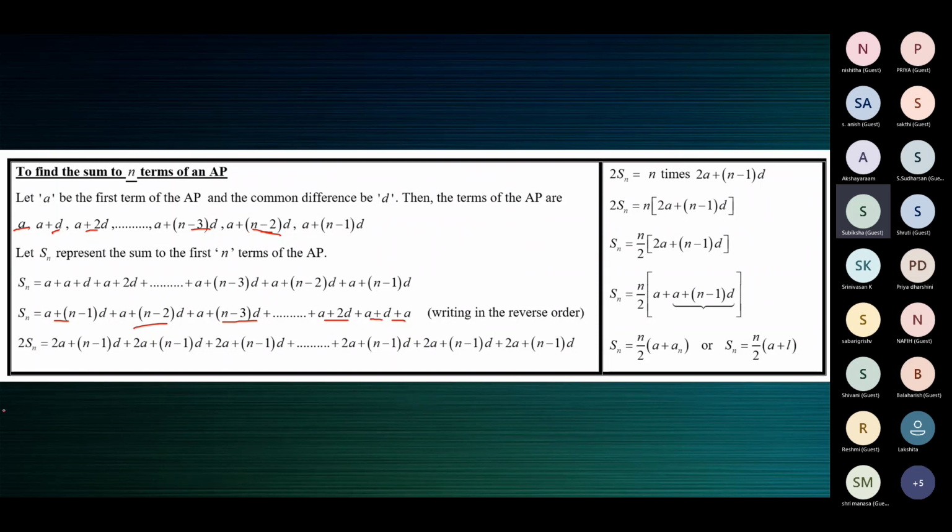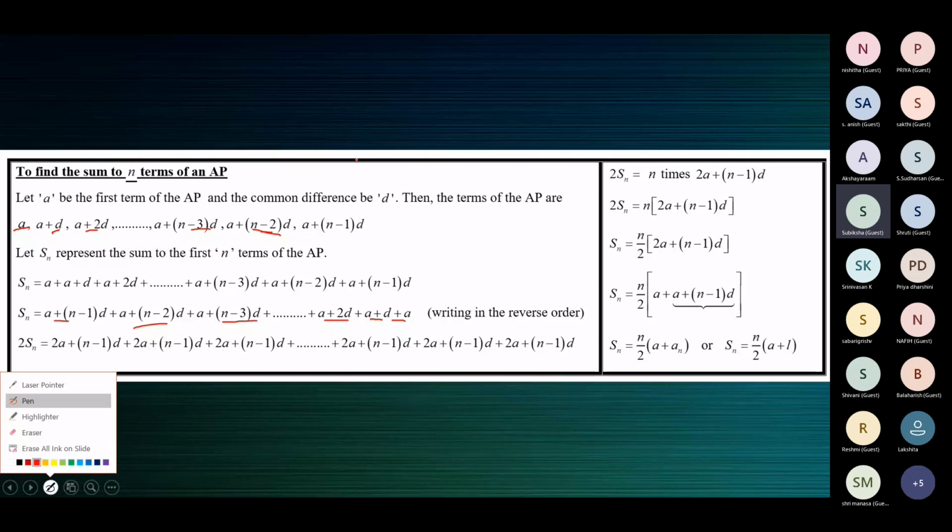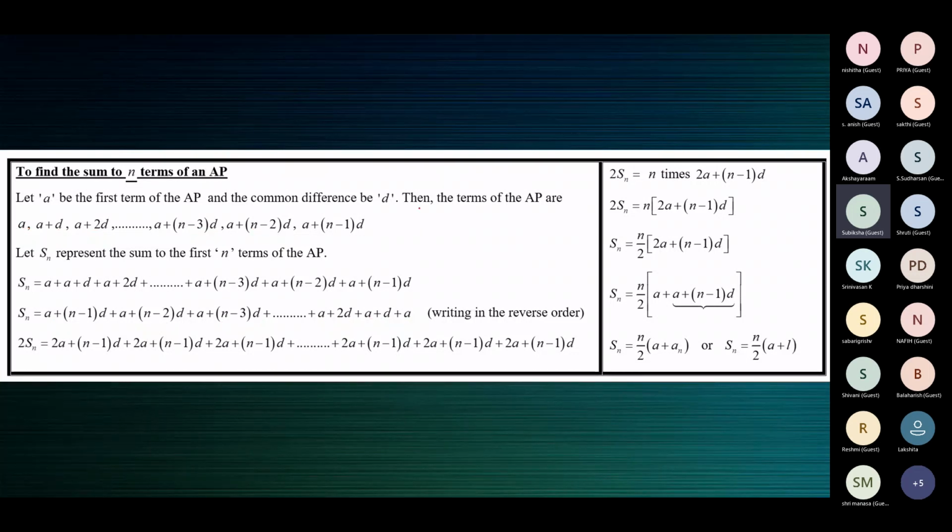And now add. So you'll be finding the sum 2 times. When you're asked to find 1 plus 2 plus 3, the answer is 6. But you write it in the reverse order like this, and you tell me the sum. The answer will be double the sum, because you'll get 4 here, 4 here, 4 here. 4 plus 4 is 8, 8 plus 4 is 12. The answer is 12, but actually 1 plus 2 plus 3 is only 6. You're getting double the sum. When you find the sum forwards and backwards, you're finding twice the sum.